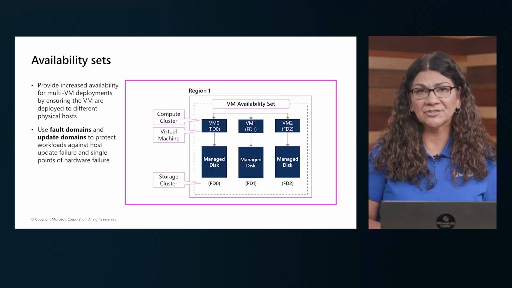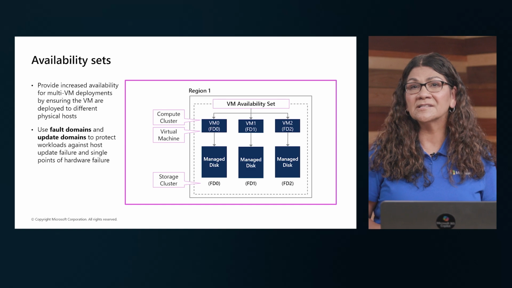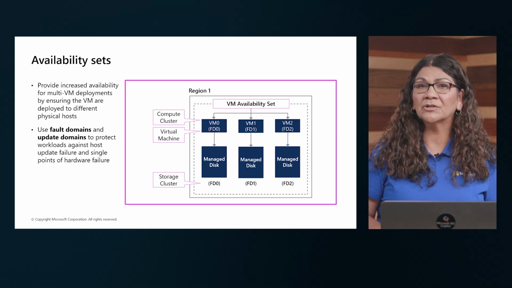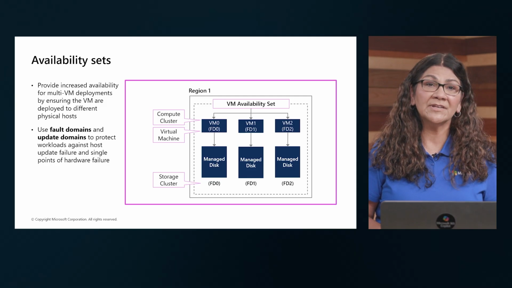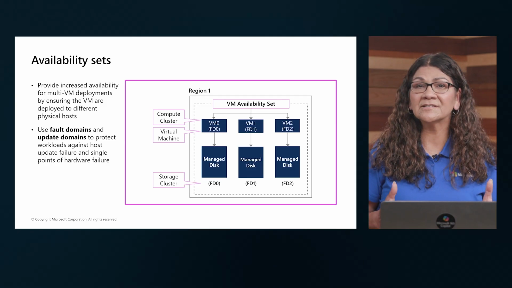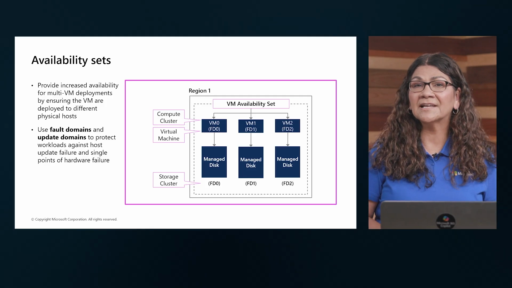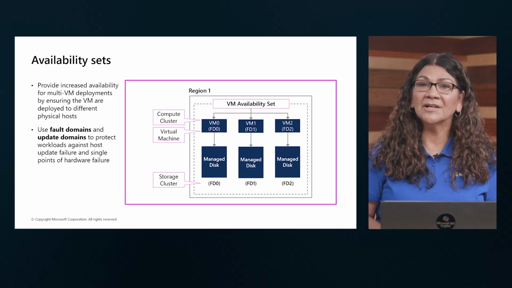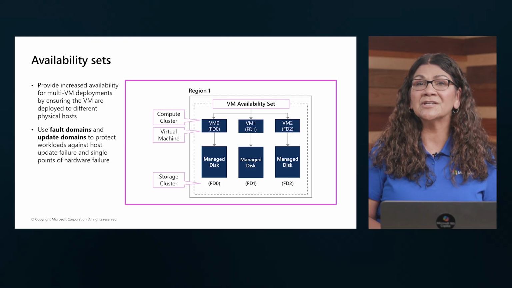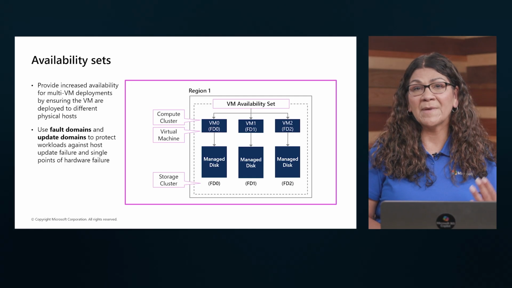Availability sets in Azure are a foundational high availability feature designed to protect SQL Server workloads running on virtual machines. By distributing VMs across multiple physical servers, also known as fault domains, and scheduling updates across different update domains, availability sets help ensure that not all instances of a SQL Server deployment are affected by hardware failures or maintenance events